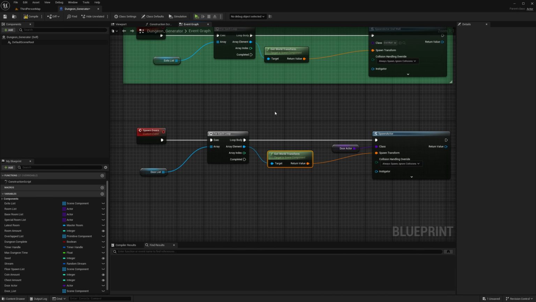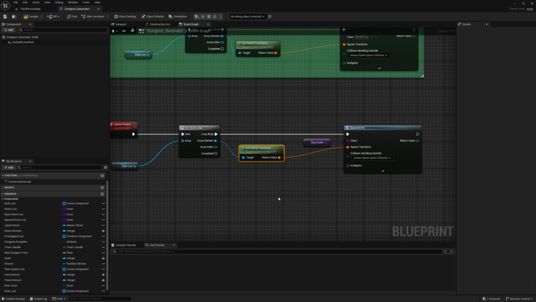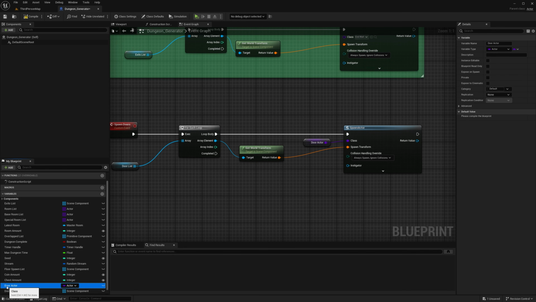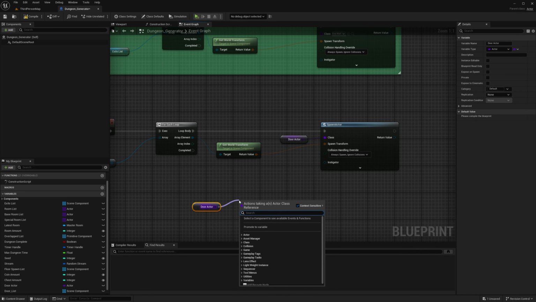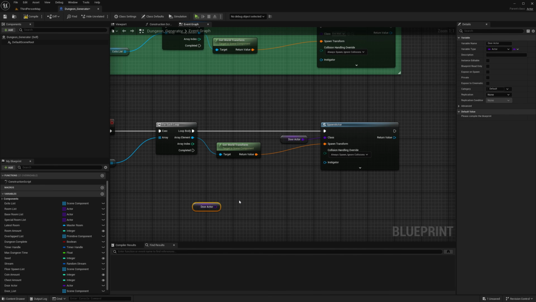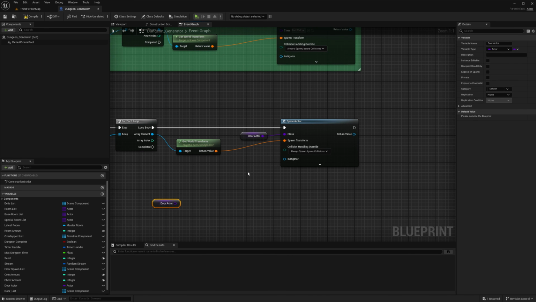Okay, so now we want to use the stream thing we are doing, right? So we get the door actor, plug it in, and now we need to type in stream. Was it random? No, okay, hang on. Yeah, it's because the door actor, we need to make it into an array.